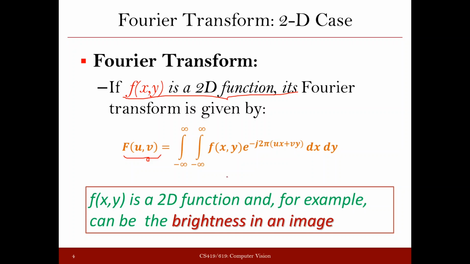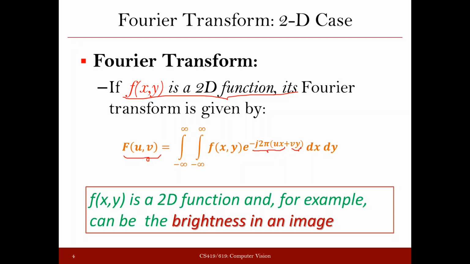If you compare this formula with the previous formula for the 1D case, you will find that it is very similar. Since this is a 2D case, in place of a single integral, we are using a double integral. And our functions were defined using just one variable. We said f(x). Now it is a 2D function, so we are saying f(x,y). And similarly here also, earlier only minus j2π ux was there, but now minus j2π vy has also been added, right? So it's very easy to remember this formula if you just compare it with the previous formula.